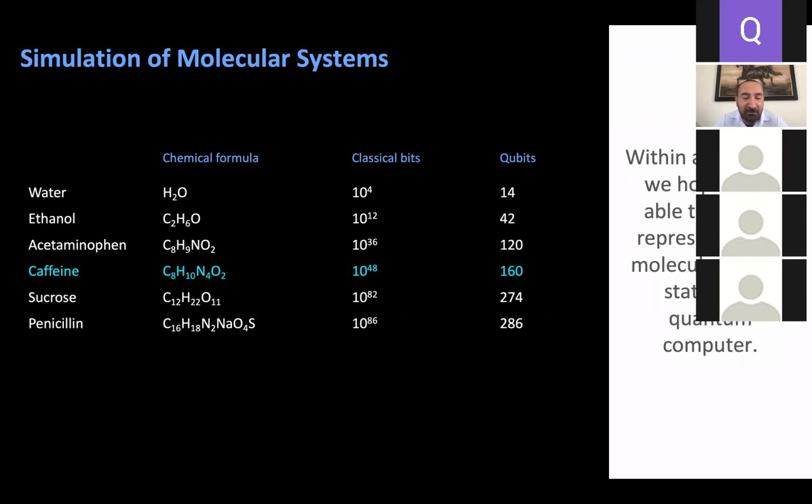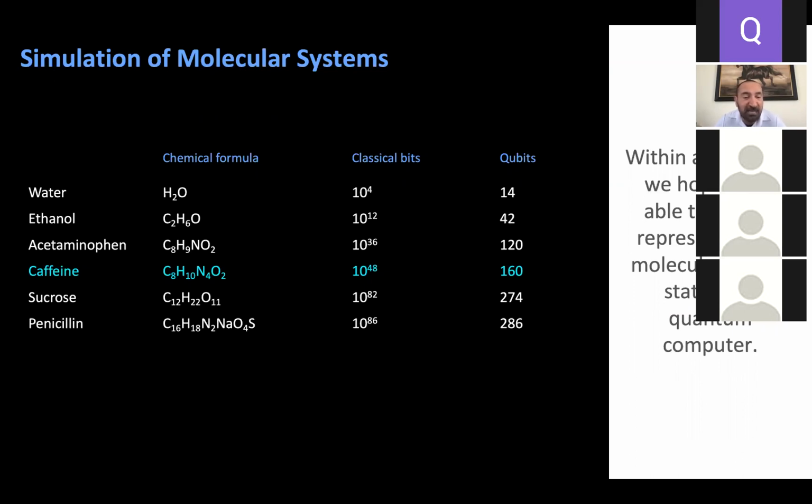The 2 to the power of 14 is what we need to simulate water. So for water, we have no problems. We can do that even on one of today's quantum computers, as well as on any classical computer,